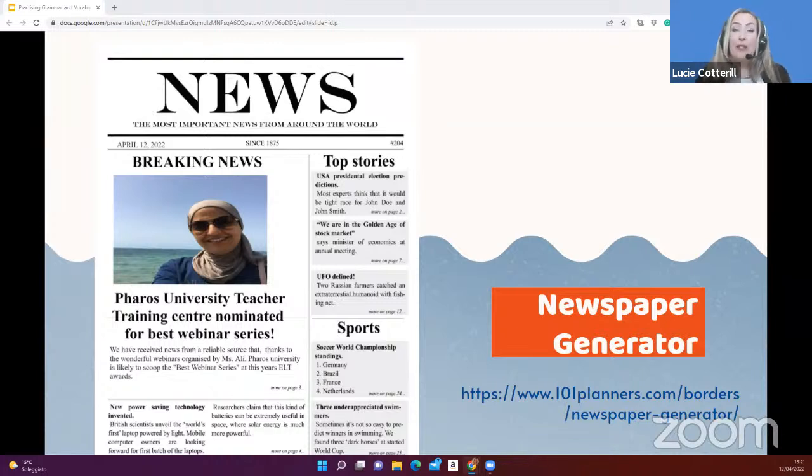Also, maybe you can use a Padlet, so students can write and then comment on each other's pieces of writing on the Padlet. You can use Google Earth. Students can visit a city and then write about the city. So the list is endless. But don't worry if you don't have access to technology in your classrooms.